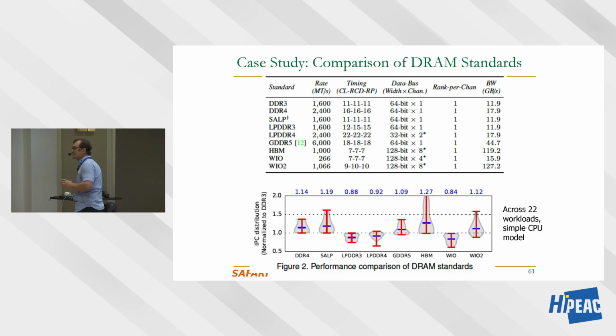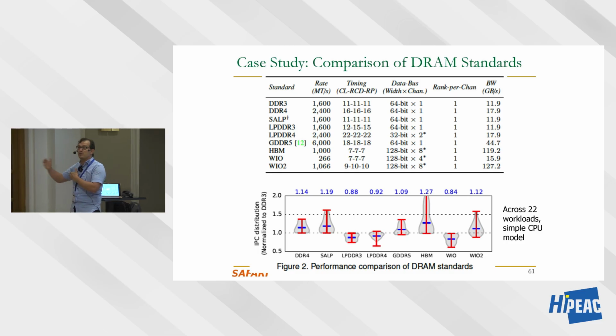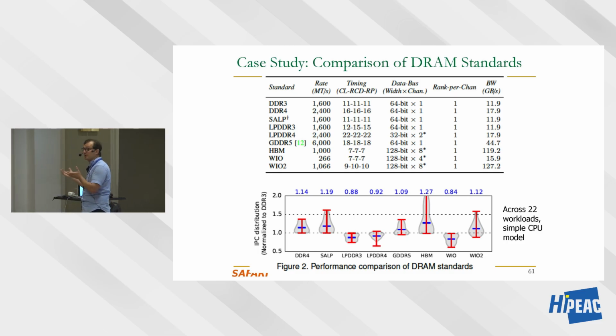In fact, we extended the study in a later paper that I don't have a reference for here. Maybe I'll reference it tomorrow. You can see that some standards are better than others for a given application. And these are averaged across different SPEC applications. For example, we show that HBM is much better than DDR4 on a majority of the applications over here, especially the applications that require high bandwidth. Okay, you can do this sort of study relatively easily. You can actually imagine different memory architectures and code them and see the effect.